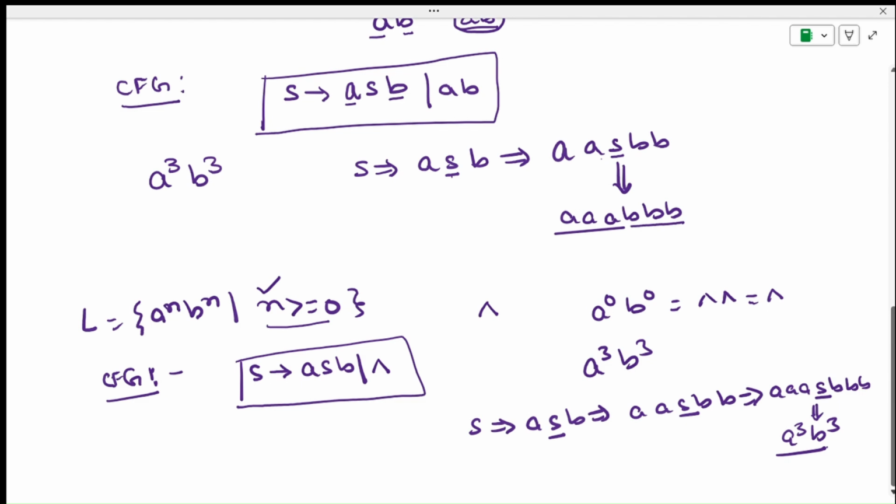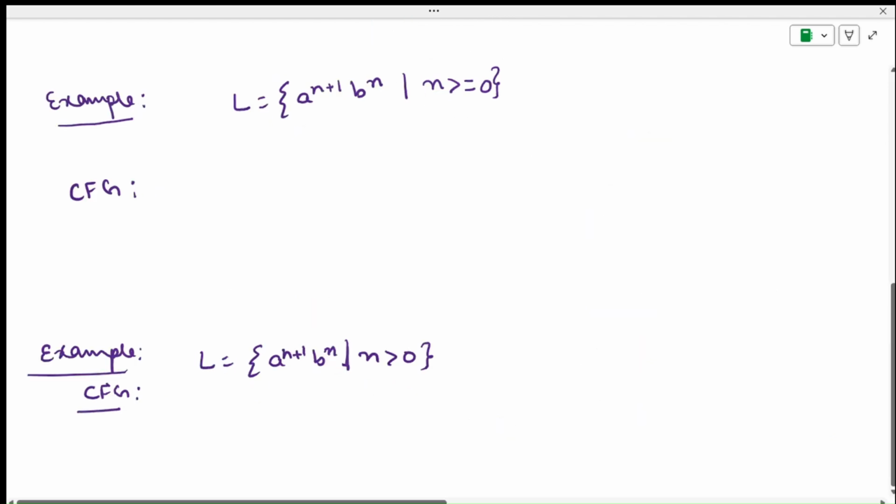Now take another example. Here what is the condition? A raised to the power n plus 1 followed by B raised to the power n. It means that we have to write a grammar in such a way that it makes sure the number of A's is exactly one more than the number of B's. All A's are followed by all B's, and if n is the number of B's, the number of A's has to be exactly one more than the number of B's. So I will write the context-free grammar of the form